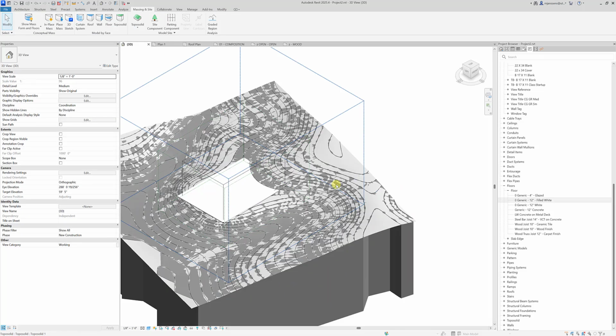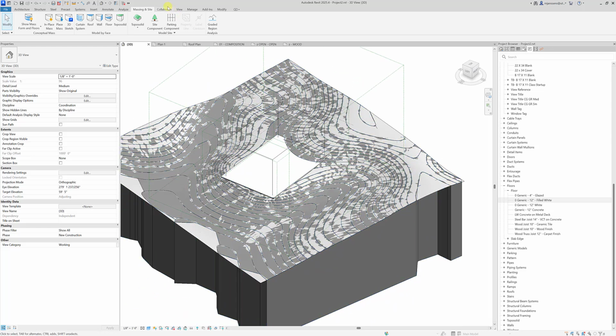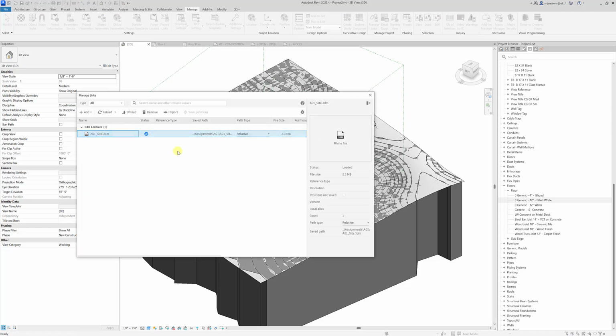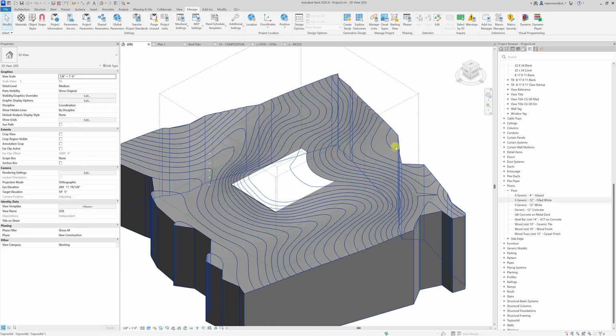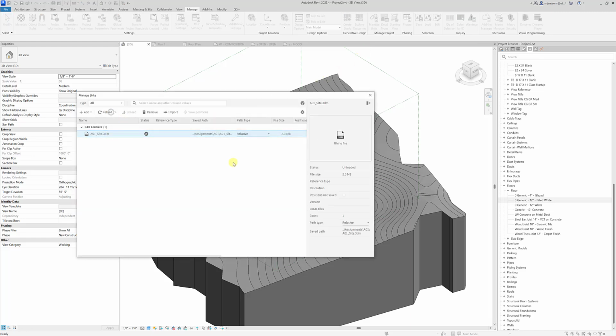So if you're seeing these weird sort of overwritten lines, what you can do is go to Manage Links, and you can go ahead and turn off the site. If you're going to need the site in the future, you'll go to Manage Links and turn back on the site by reloading it,